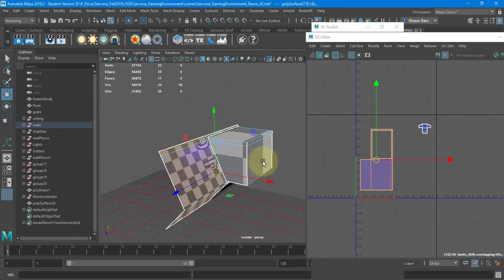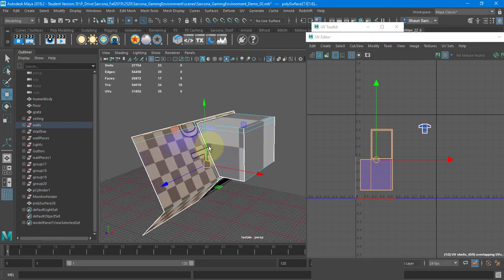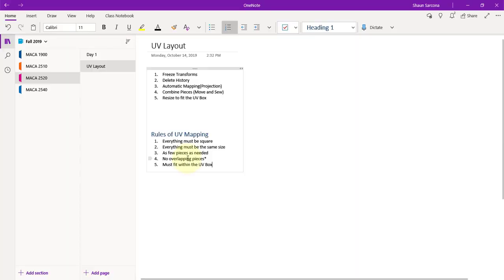So obviously these two things are in the same square. However, when I spin around, look at the size of the squares here and look at the size of the squares there. Does that break any one of our rules of UV mapping? Yeah. Rule number 2, right? Everything must be the same size, okay? Every square, I guess I should put square, right? Every square should be the same size,